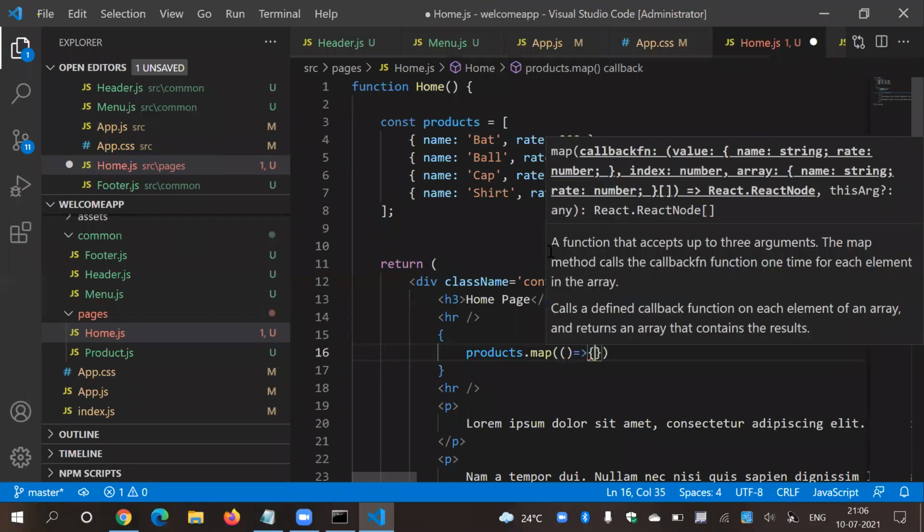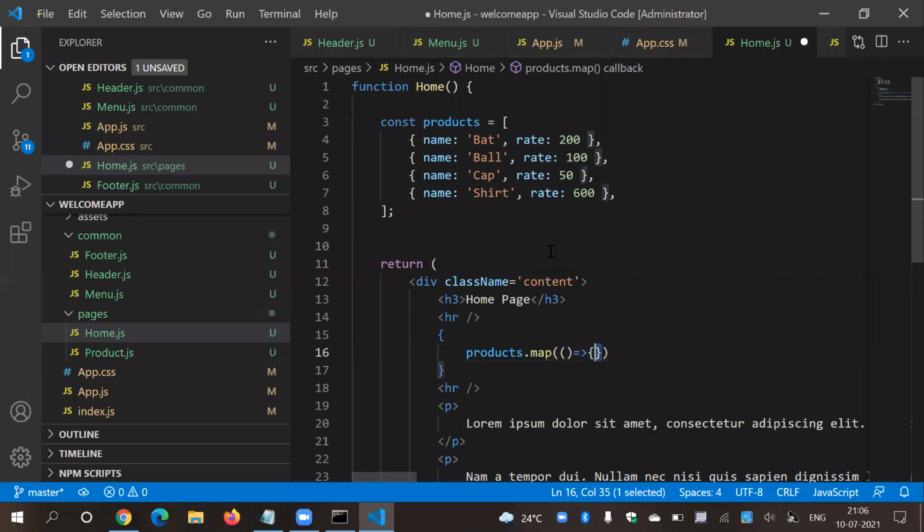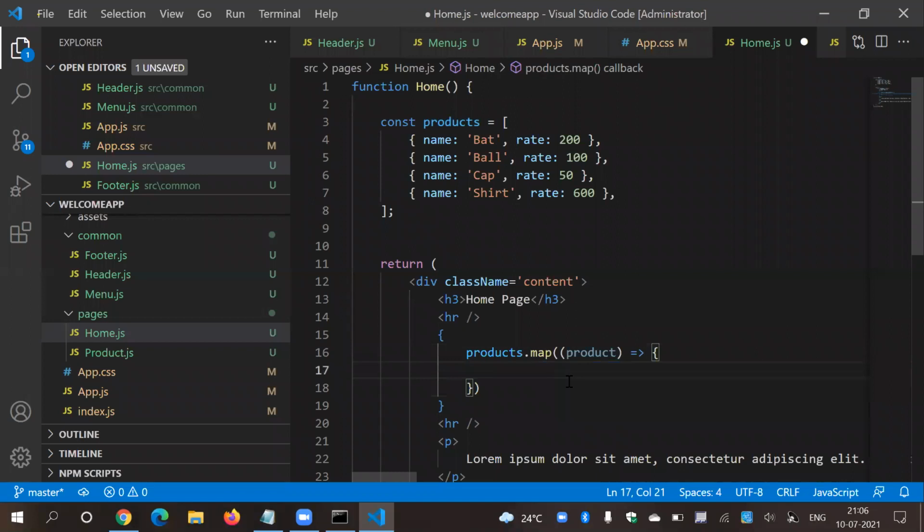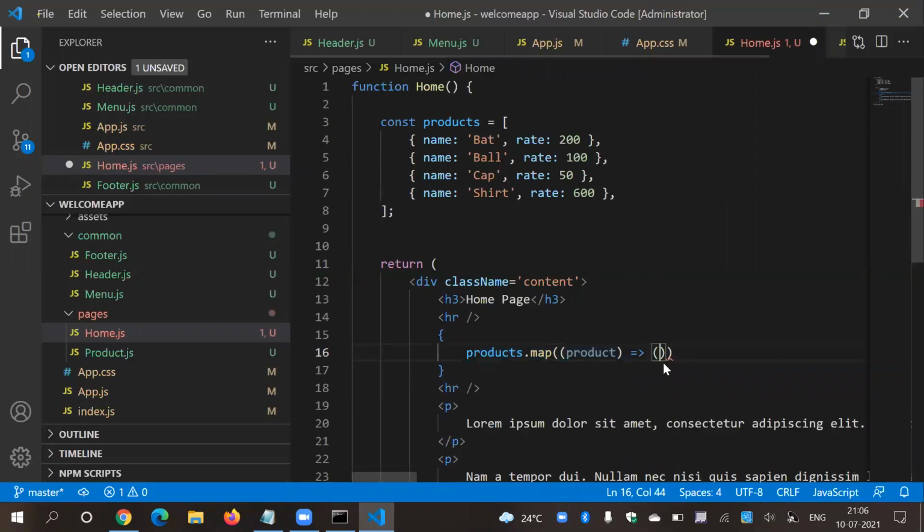This is an arrow function, right? Either you can create a separate function or inside this is an arrow function basically. So this is an array. Map will return one by one product. So what you want to call it, prod, product, whatever name you want, you can keep it. And here you can write what you want. Oh, sorry. Let me change these curly braces to round brackets.